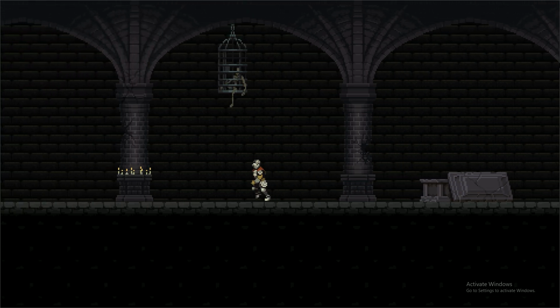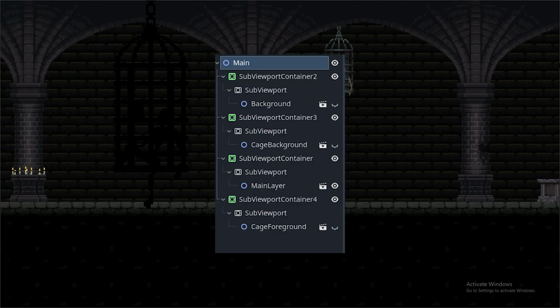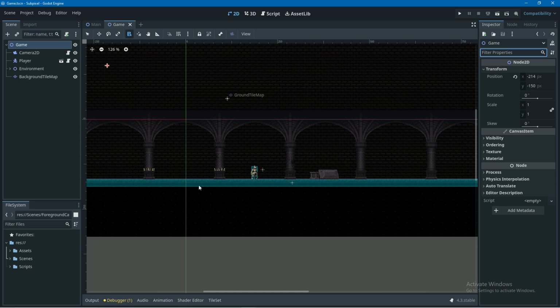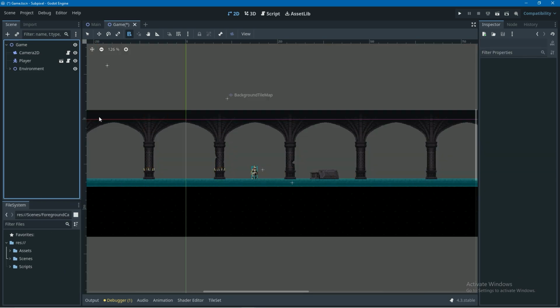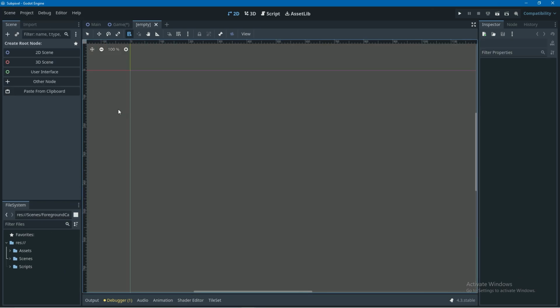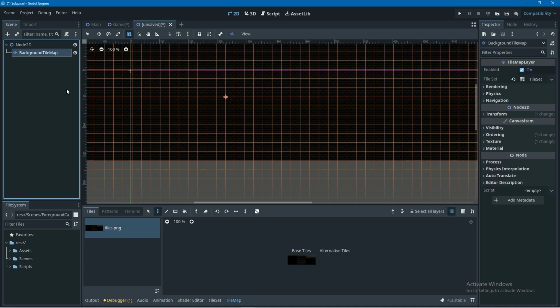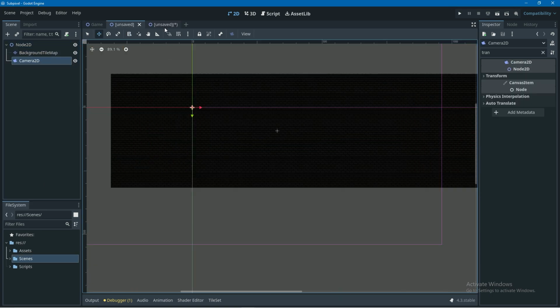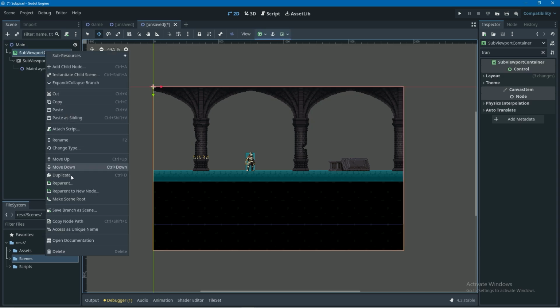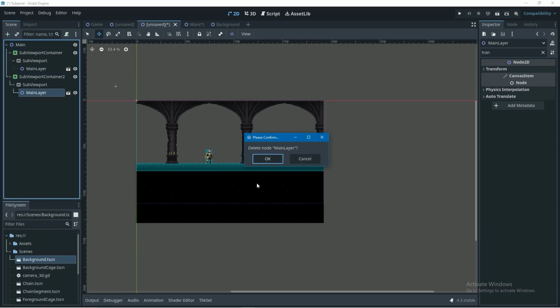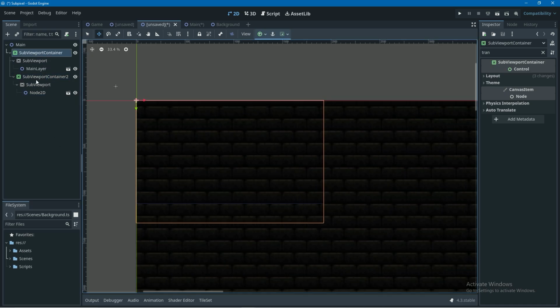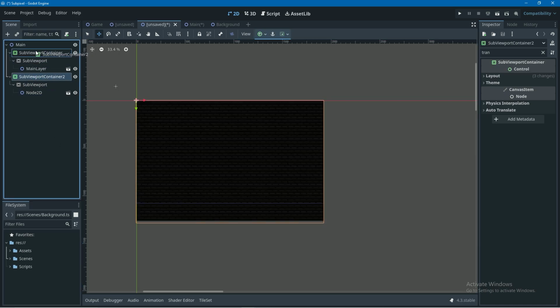Luckily, through the power of Godot, we are actually able to have several viewports, so we can set up each parallax layer in its own viewport. To do this for my background, for example, I cut everything related to the background from my game scene and pasted it into a new scene that I called background. Then I added a Camera2D to this scene to control what is shown, and then in the main scene, I duplicated the viewport container to add a background viewport container, and I made my new background scene a child of the new viewport. The viewports have a transparent property which we have to enable so you can see other viewports behind it,